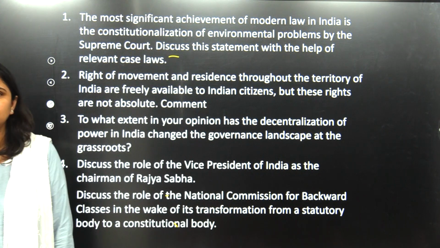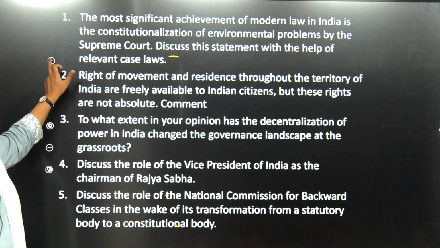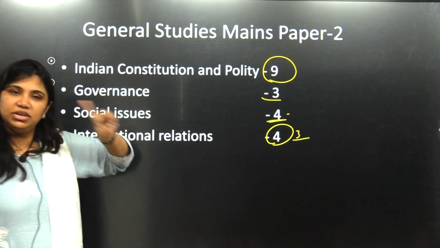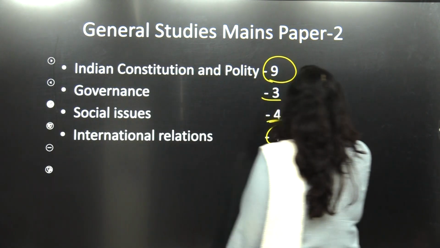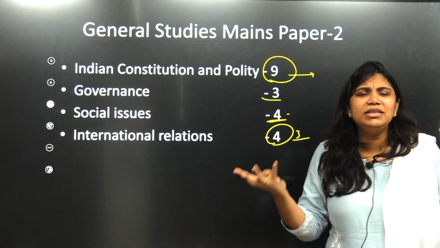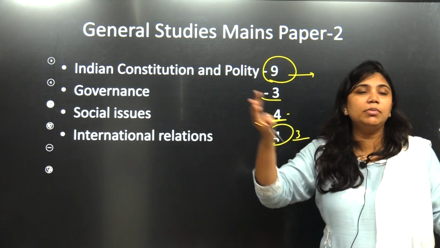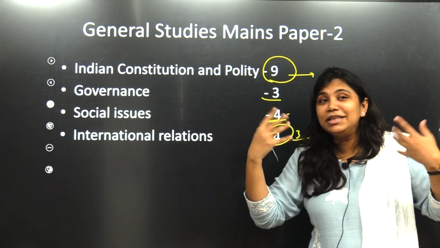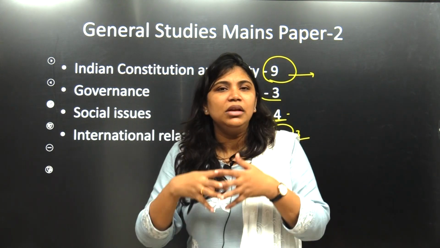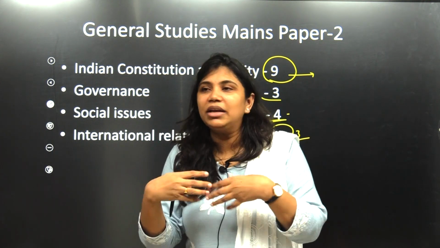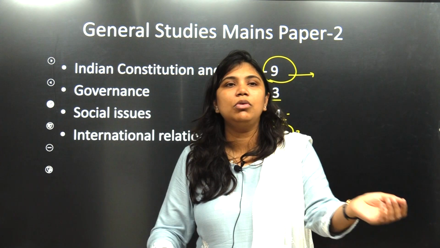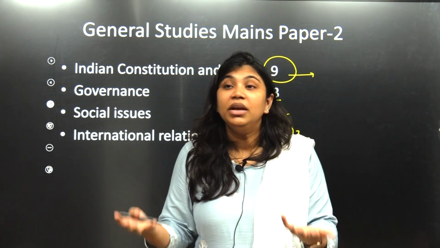10 marker. Okay, so this time most of the questions even from constitution and polity are static and a few of them dynamic. But when you're reading constitution and polity, polity is very easy to understand. Prime Minister is visible, Governor is visible, everyone is in front of our eyes. So it's easy to understand, easy to have a relation or connect to the topics. We can connect easily because every day if you open the newspaper, tribunal, court, Supreme Court, High Court, all these things are easy to read.